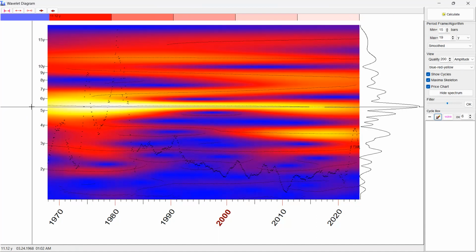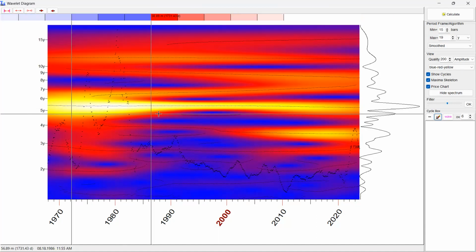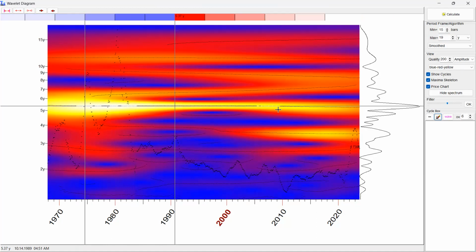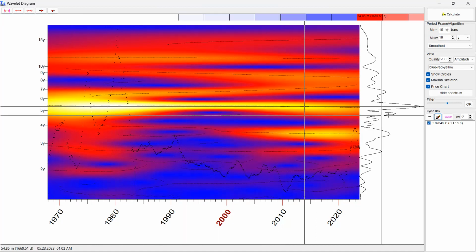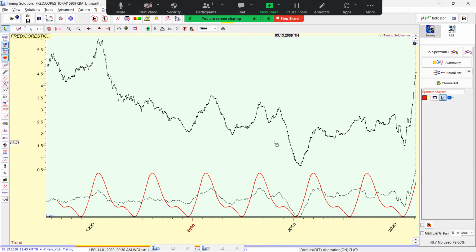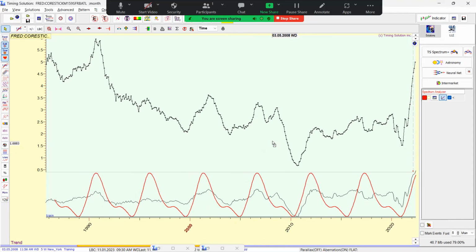And look at this insane hot zone, very consistent throughout the data, around 5.5 years. There's a very fundamental cycle in economic time series, right? And I am going to highlight it, somewhere around 5.5 years. We go to the chart and remember how